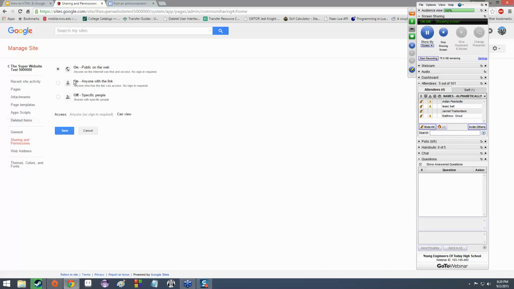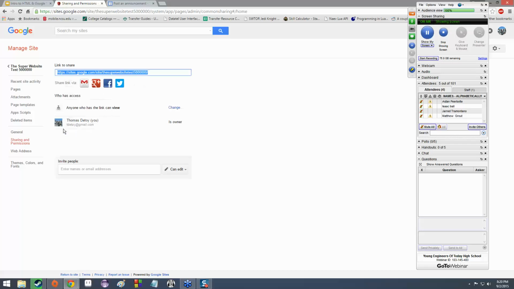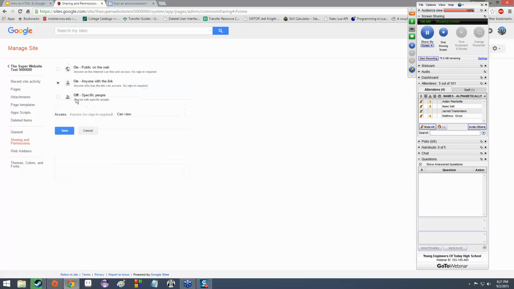Now, what's the difference between the two? Okay, so with on, anyone with a link, we hit save. Anyone who has the link can view. And we've got the link right here. So if we give the link to somebody, they can view it. They can likewise give the link to somebody else, and that person can view it, and so on and so forth. This last one, off, specific people,